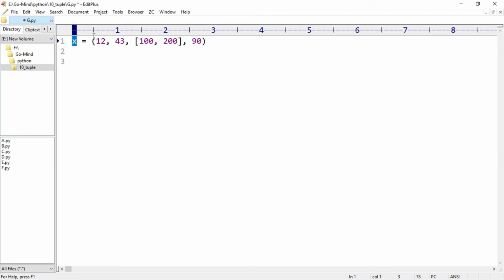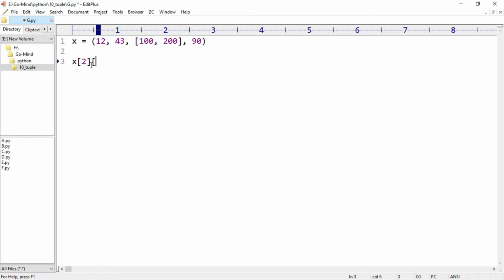We have here two-dimensional data. So firstly, we'll access our list and then the first element of the list. The list is at index 2, so we'll write x of 2. This is our list. And then how do we fetch the first element of any list?